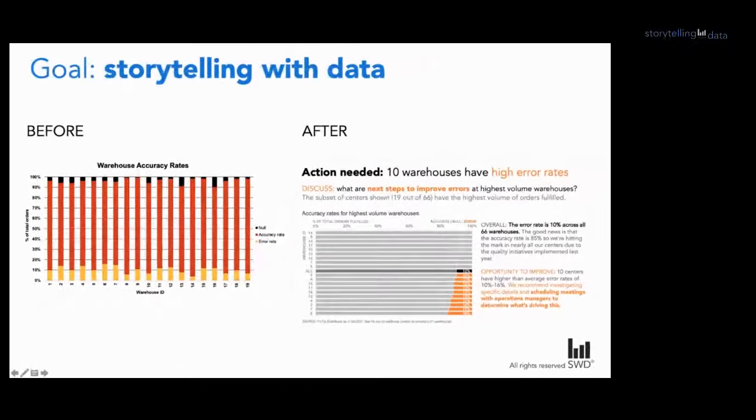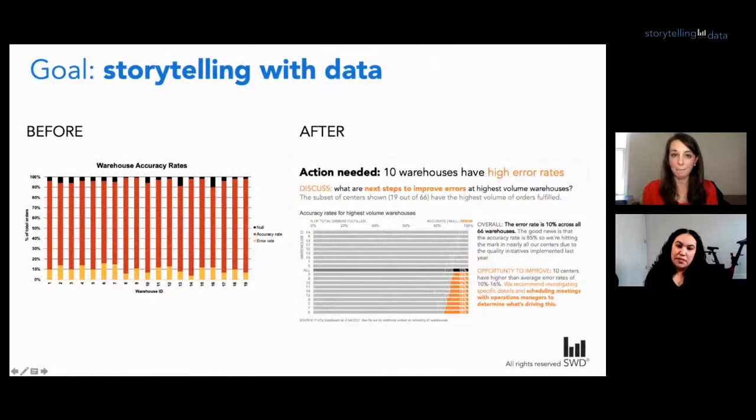So regardless of how I'm actually sharing that back to my VP of Fulfillment, just check out the difference from where we started, right? Believe it or not, it's actually the exact same data between the before and the after, but just a couple changes took it from just simply showing data to weaving data into an effective story that actually could drive action and hopefully change.